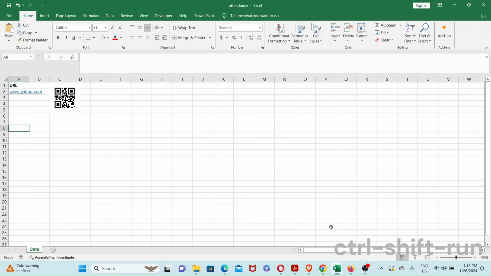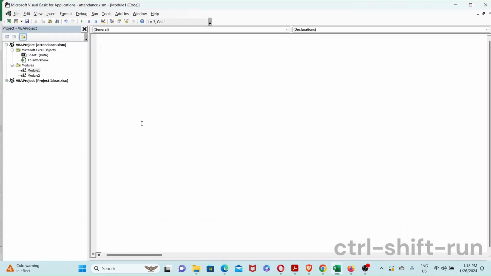So the first thing we want to do is head to the VBA editor. Then you can insert a module or create a new module, and let's get started with the code. We'll create a function for this. So instead of a sub, this will be a function. We'll start with Function, and we can call it